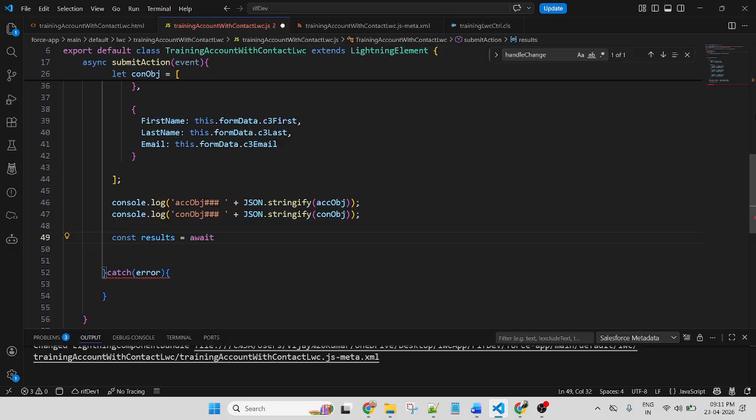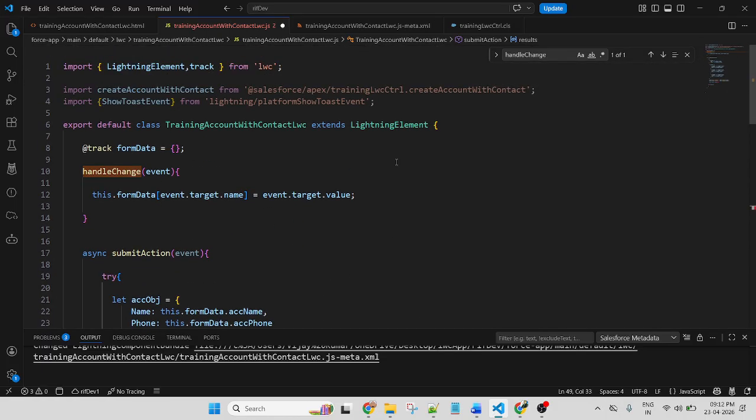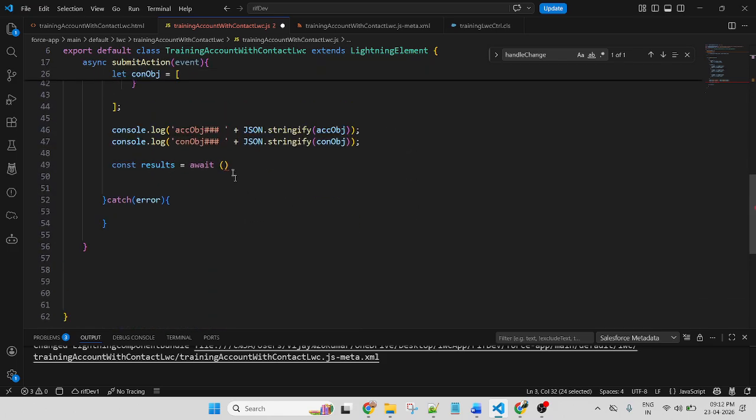Then use await, and after await, the name of the method that I am importing. So this imported method I am calling here, and here use brackets.